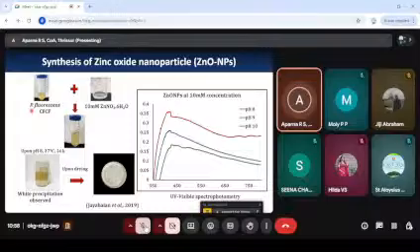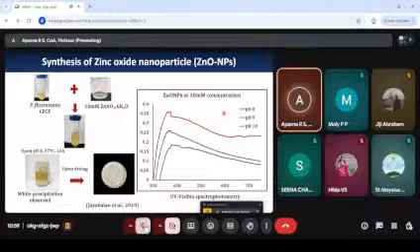For this, a 1:1 ratio of cell-free culture filtrate with 10 millimolar zinc nitrate hexahydrate was mixed, and further, the pH was increased to 8 and kept at 37 degrees Celsius for 24 hours for the synthesis. White precipitation was observed. Further, this precipitate was washed 3 times and dried to obtain the nanoparticles. Further, this was subjected to physicochemical characterization, and under UV visible spectrophotometry, a characteristic peak between 300 to 400 nanometer